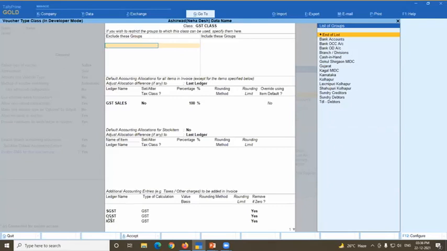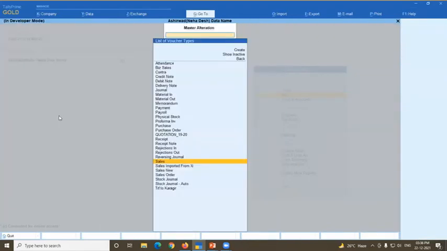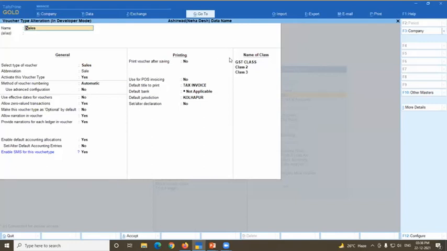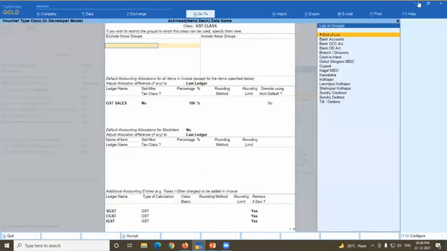Okay, let us understand first the concept, then I am going to move on to voucher. See what happens. I have selected sales voucher type and I am creating here a GST class. Now Tally is asking for exclude these groups and include these groups.